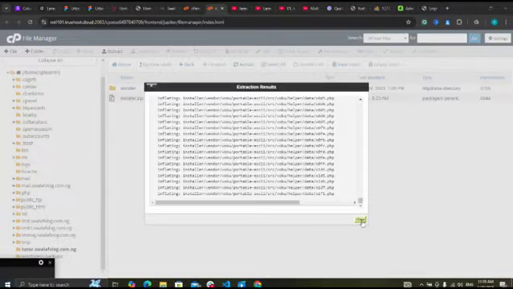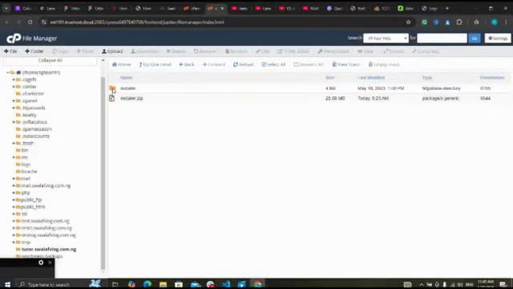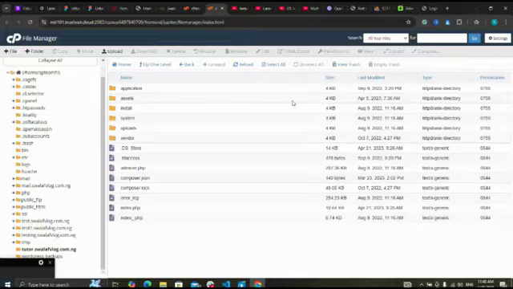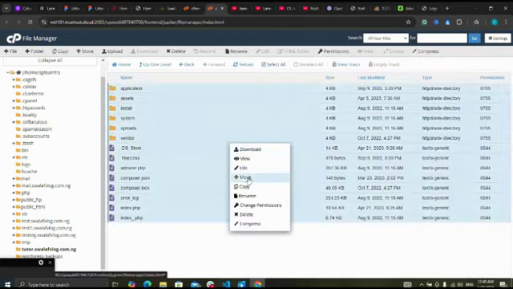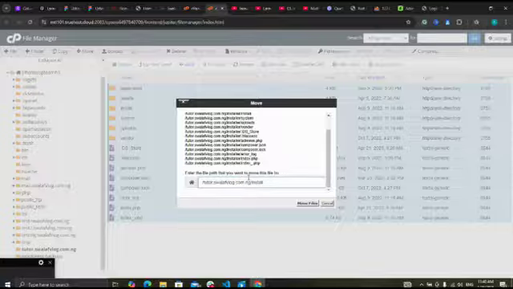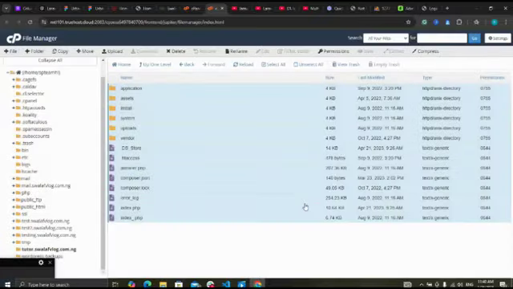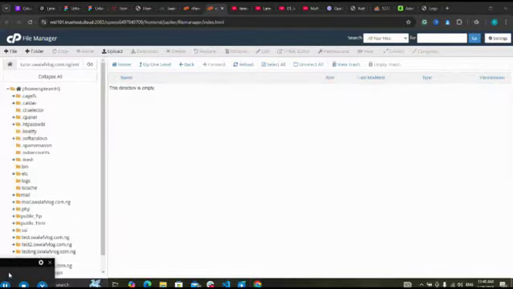Next, I will just close this. Here is the extracted file. Now a directory or a folder. Let me open the folder. I'm going to select all the content by just clicking on this place. Then right click, move. I'm moving it to the root folder, move files. So now let me click on back